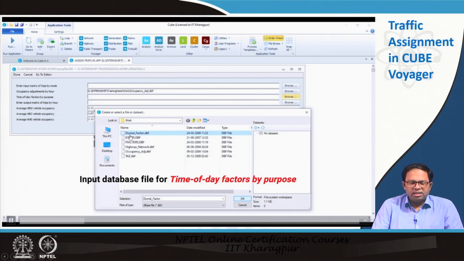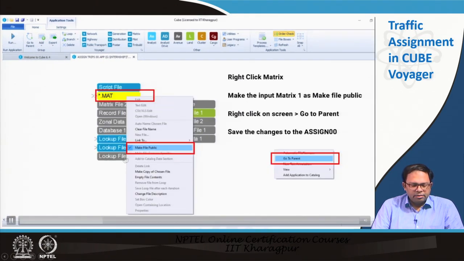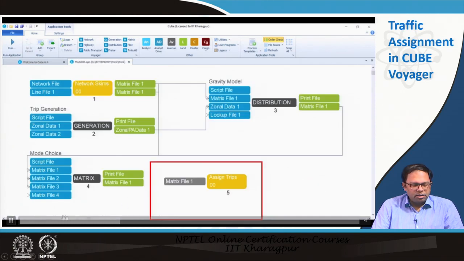Those two files we include as input, and then the hourly matrix has to be created. Then we make these files public, and once it is done we go back. The diurnal and occupancy factoring matrix is there, and this is the final matrix that we are going to create.